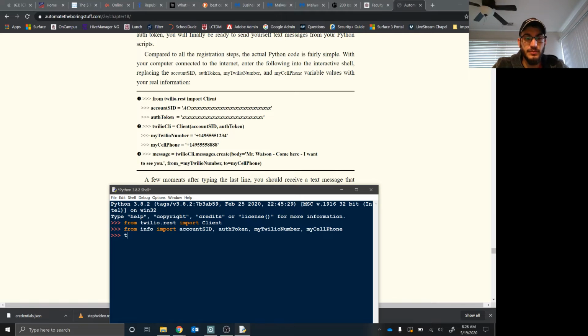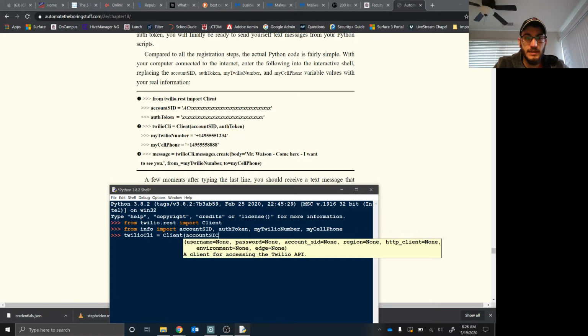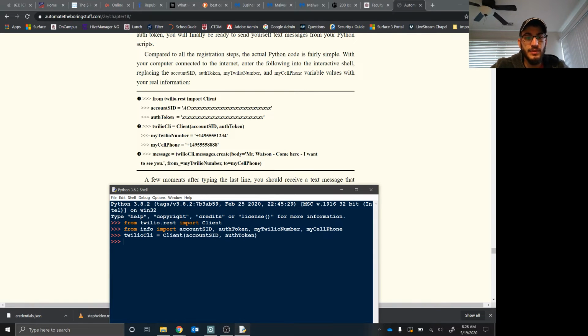So now you do Twilio client, Twilio equals client, account SID, auth token. What this does is this basically logs you in. Then we're going to go my Twilio number. Oh wait, I don't have to do that. So now you do message equals Twilio messages.create